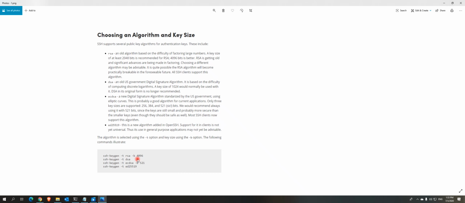And -b is belong to what bits have this encryption. If you want more bits, for example, 4096, you can use this, but I think the key size is 2048 by default. And